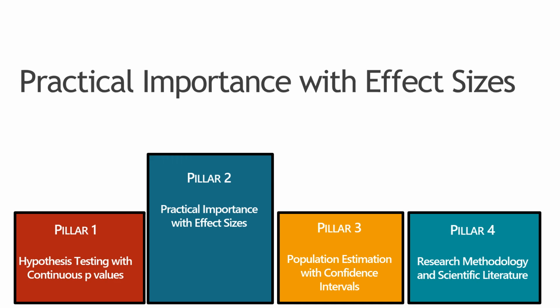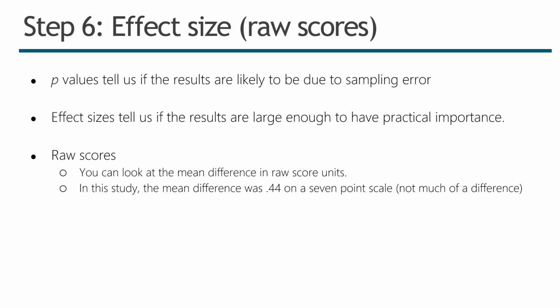Now our next step is to look at the second pillar and look at practical importance with effect sizes. Effect sizes tell us if the results are large enough to have practical importance. And there are two different ways that you can look at effect sizes for the independent t. One is you can look at the raw scores. You can just look at the mean difference in raw score units. In this study, our mean difference was 0.44, and that was a 7-point scale, which is really not much of